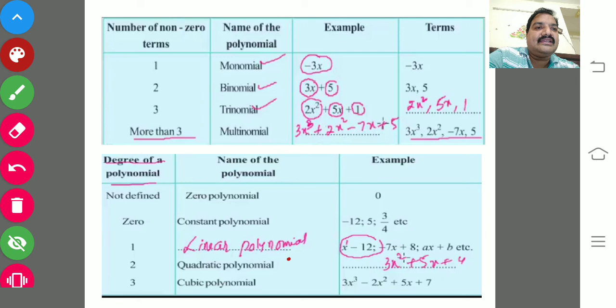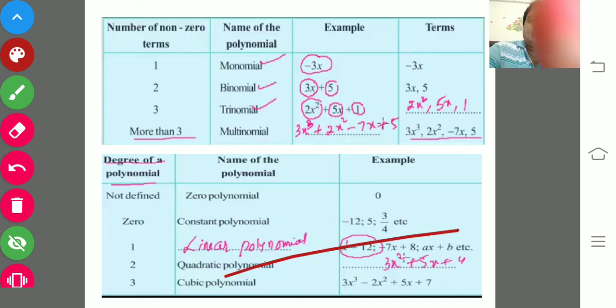And this is the linear polynomial, we have filled that blank. And quadratic polynomial example, the degree is 2, it should be needed. And cubic polynomial, the degree should be 3. Yes, not only these examples, you can write anything, but for a quadratic polynomial, the degree should be 2. For a cubic polynomial, the degree should be 3. For a linear polynomial, the degree should be 1. I hope you could understand my class.